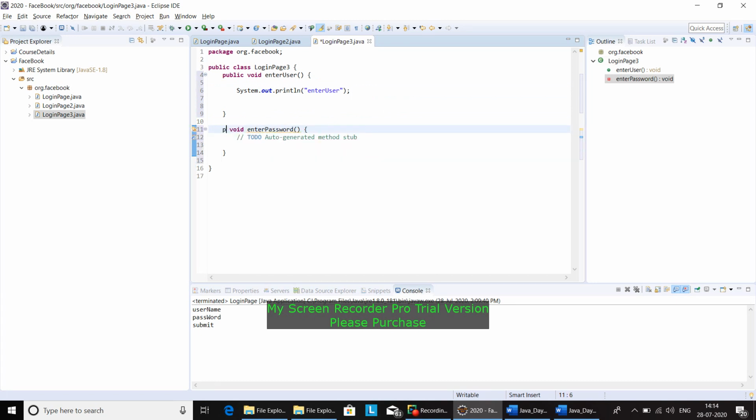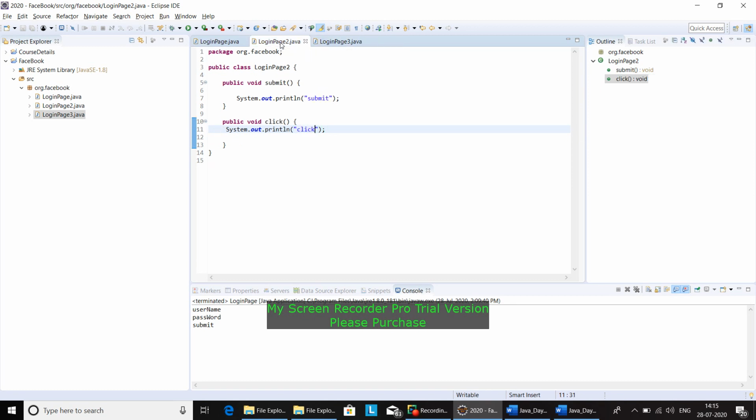Change this private to public, remove this, and print this with sysout, giving the method name inside System.out, password. Save it.